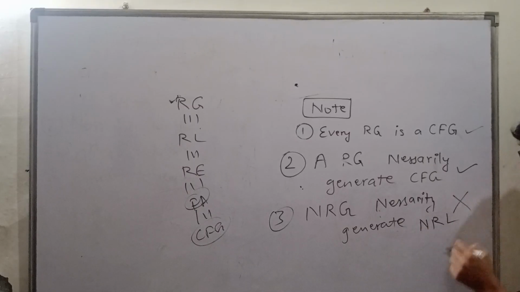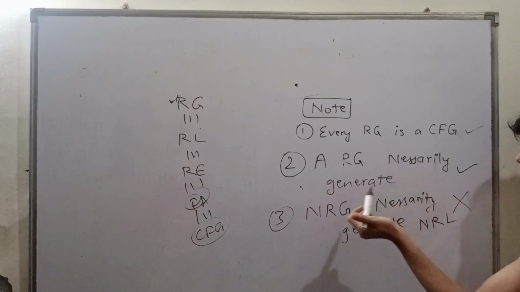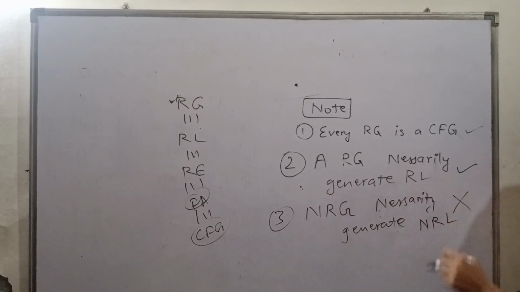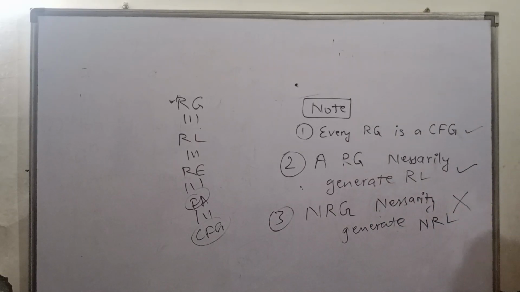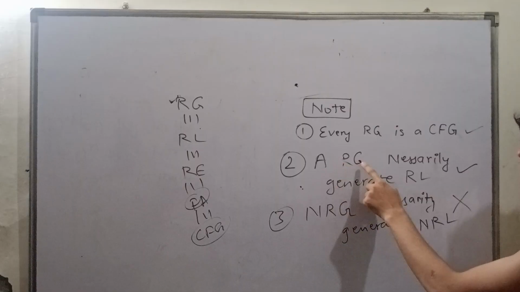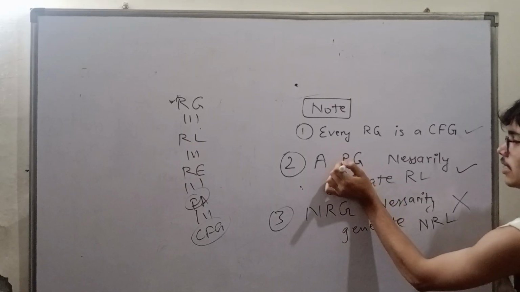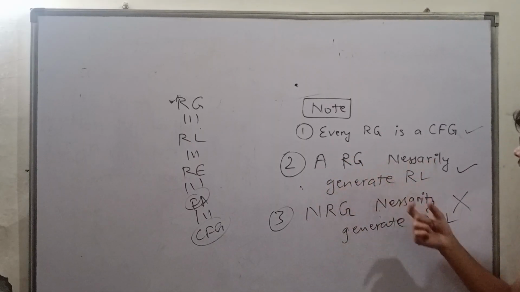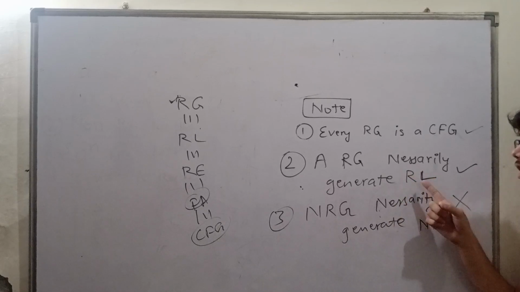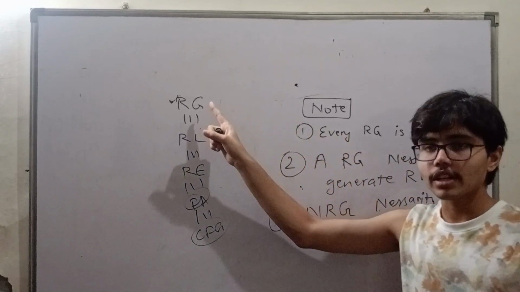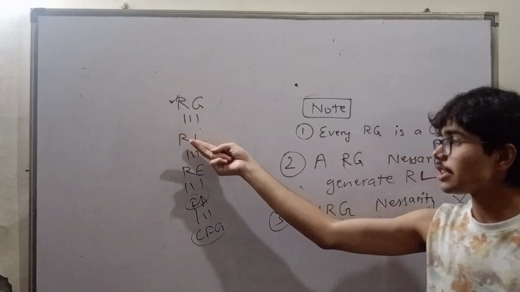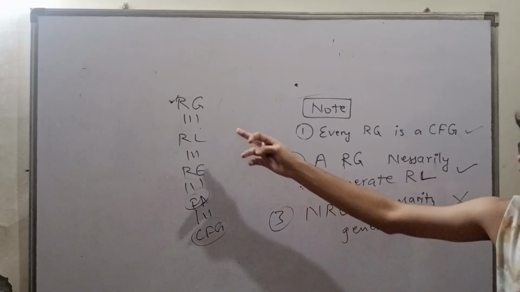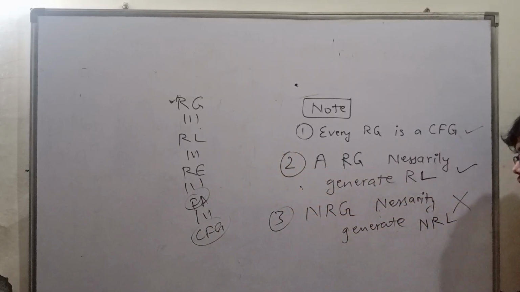Non-regular language. I have to write here the regular language also. Okay, sorry for this. Okay, this is wrong, right? Regular grammar is there, and it is necessary that it generates a regular language. Yes, if you have a regular grammar, then you can generate a regular language also, and you can generate an expression also.